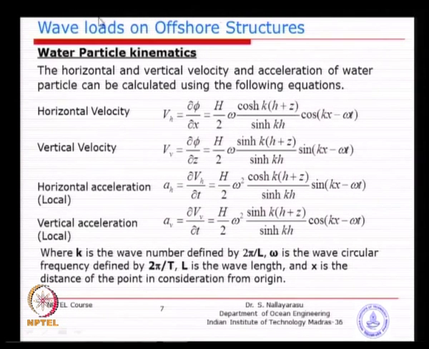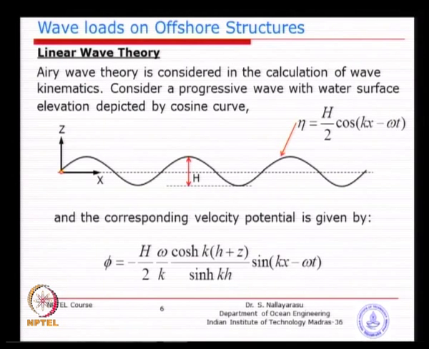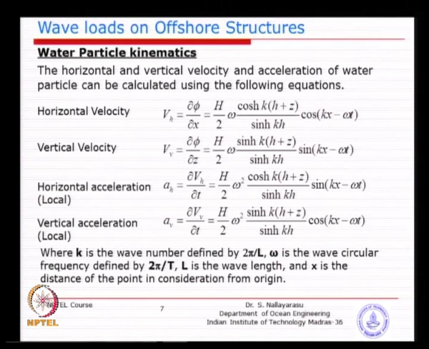As long as you know this relationship, you will find different forms. I have taken the velocity potential like this, but you will find a few different forms. It could be a cosine form here or a cosine form there, depending on which boundary condition type you have applied. So, do not get worried: whichever you use, ultimately the values of your velocity and acceleration must be the same. In different textbooks the formulas differ only in cosine or sine form, and you will ultimately get exactly the same answer.